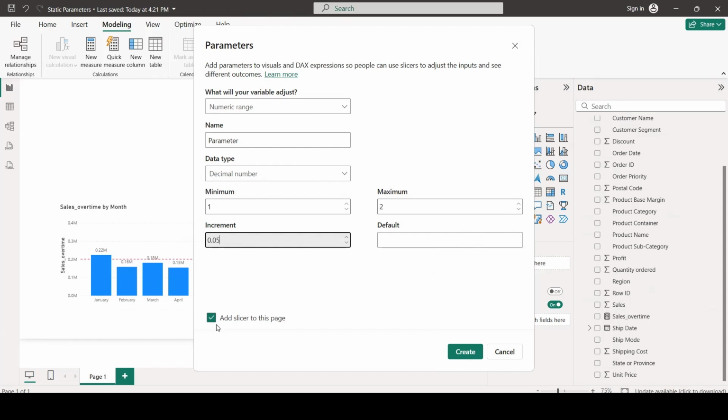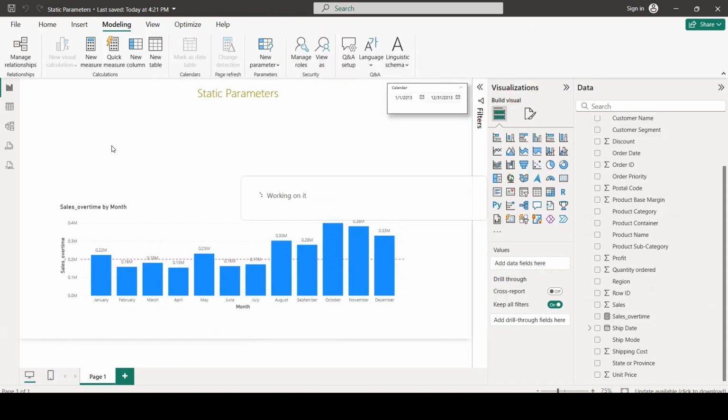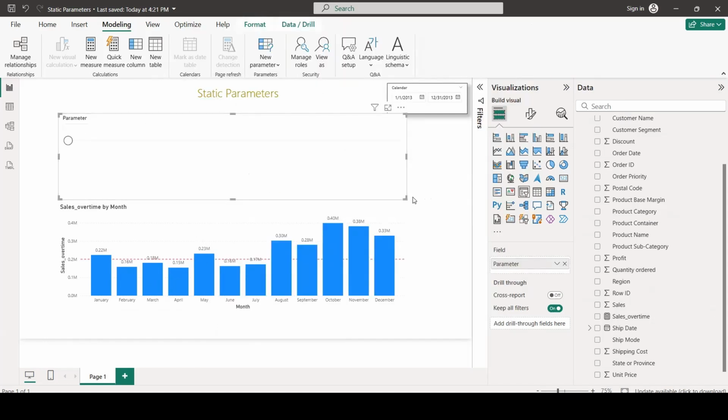Once we do that, we need to check this box, add slicer to this page, and once we hit create, it will generate a small window with this slider. And once we move this, you can see here that we can change the number from 0.05 and so on until 1.95.